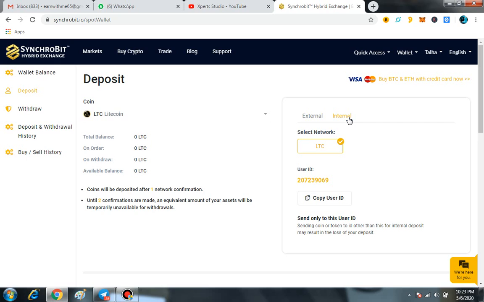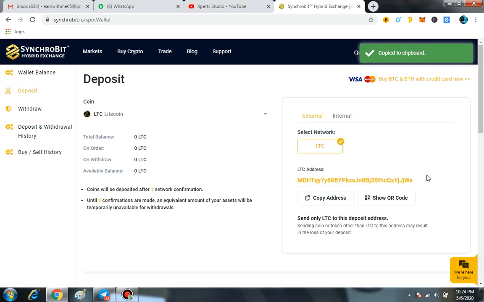For example, if I deposit the LTC from the internal exchange, it means from another account of the Syncrobit Hybrid Exchange, or from the external. Right now I'm going to deposit it from the external, so I'm just going to click over here. Right now I have to copy this address, and then I can easily deposit my LTC towards Syncrobit Hybrid Exchange.